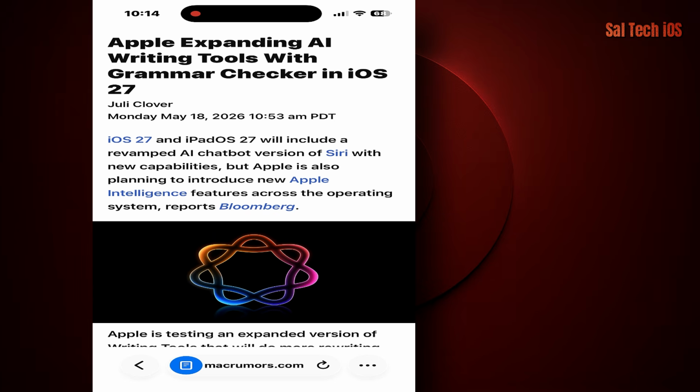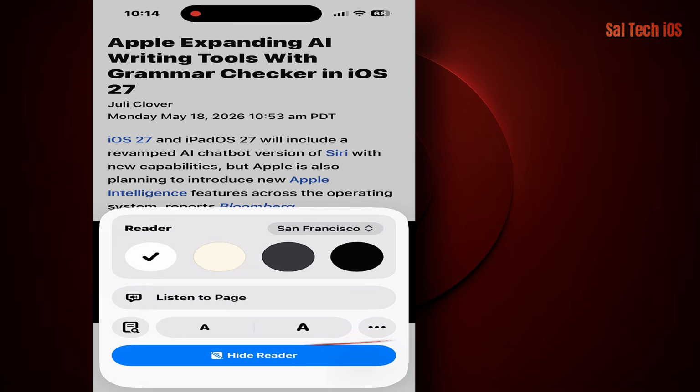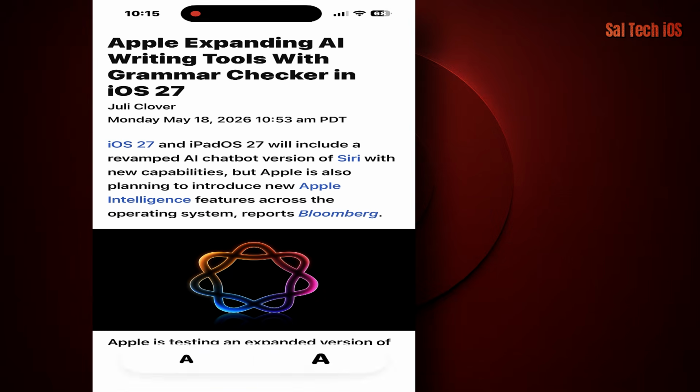Second thing, make the text bigger without ruining the page layout. Many people, when the text is small, zoom in with 2 fingers, and then the page gets messed up. The correct way is this. Tap the Page menu button in Safari. You'll find a small A and a big A. Tap the big A to make the text larger, and tap the small A if you want to make it